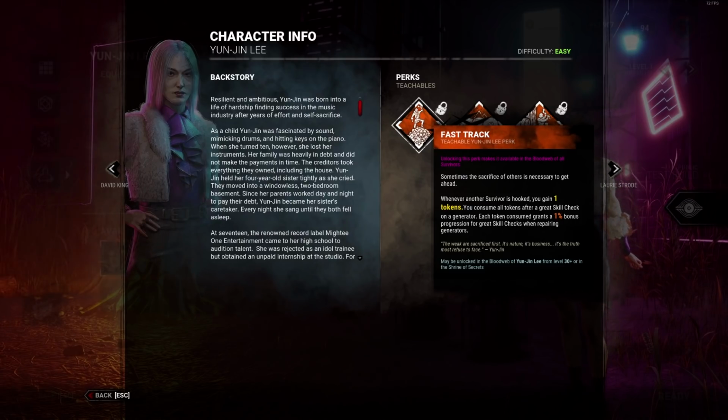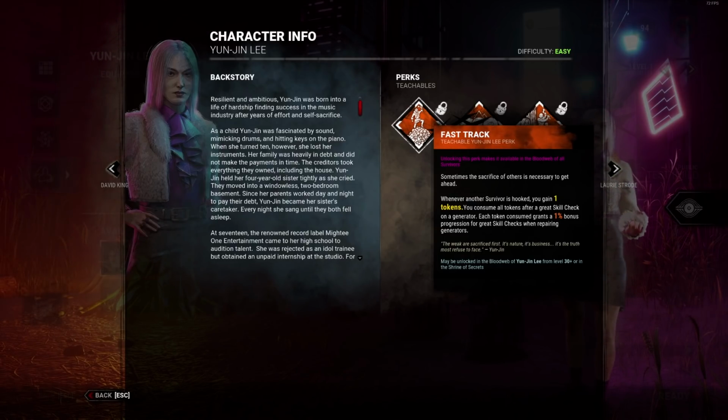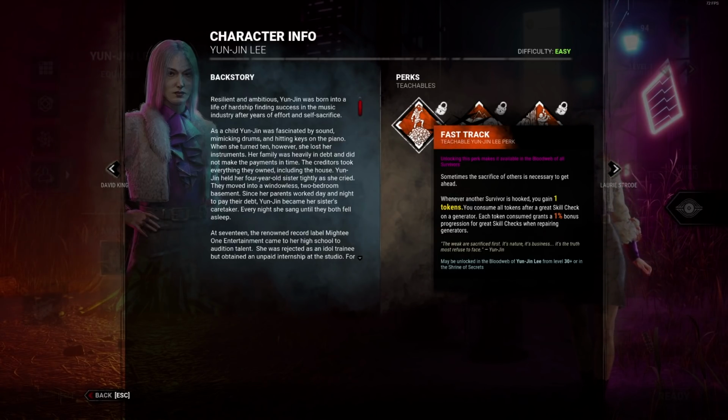So basically, you could stock up a bunch, if you intentionally don't hit great skill checks. In theory, you could get 3, 6, conceivably 9 tokens, and then you hit a great skill check at the end and you get just like a 9% bonus. It's interesting. It's like a weird autodidact for...